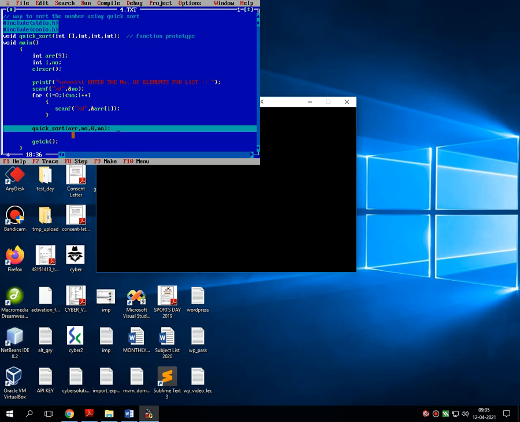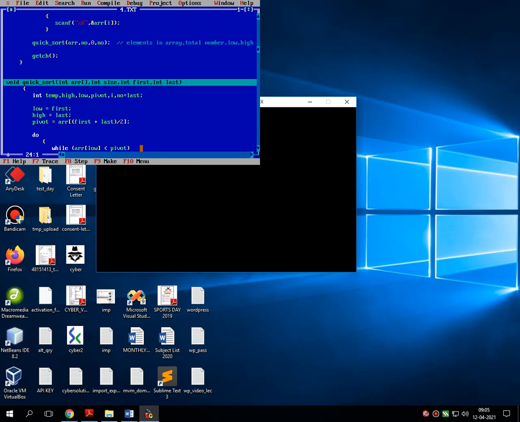So over here various parametric values are passed, which are actually called dummy arguments, like array, or you can say elements in array. This is my first parametric value, ARR, then total number, then low, then high. So all these values are passed as dummy arguments in quick_sort.